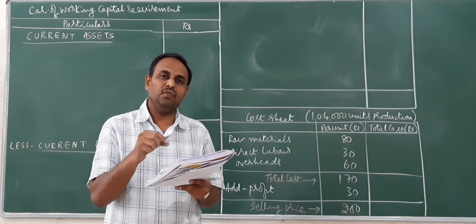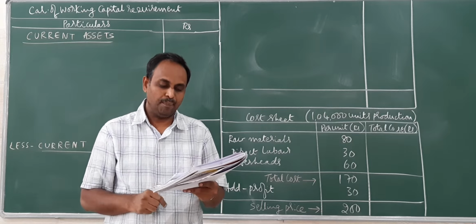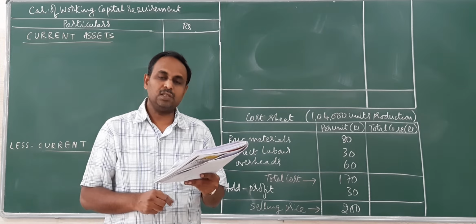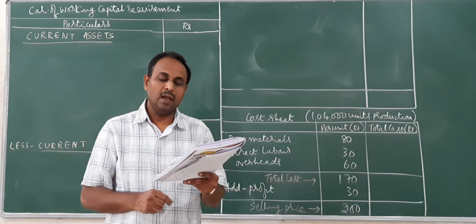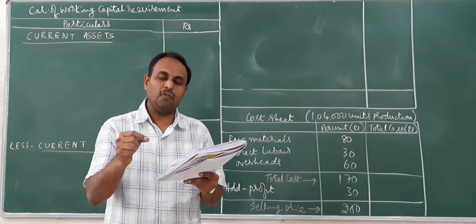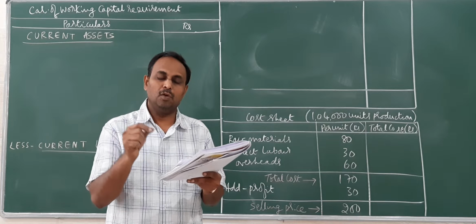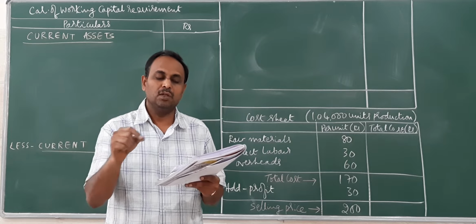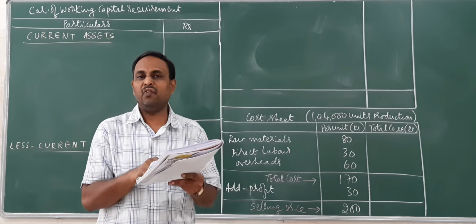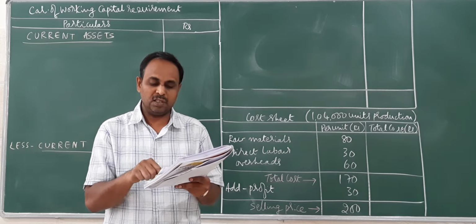So when you read the problem, first you have to check, do we have any output, production, that we have to underline. Then assume production is carried out evenly throughout the year, wages, overheads accrue similarly, and one more most important information here given, time period of 4 weeks is equivalent to a month. So wherever month is given, we have to convert that into weeks. So we have to identify these kind of adjustments in the problem before working. So please underline 4 weeks is equal to 1 month.